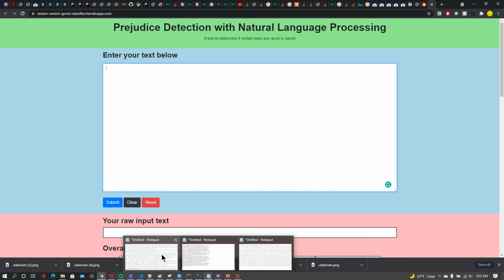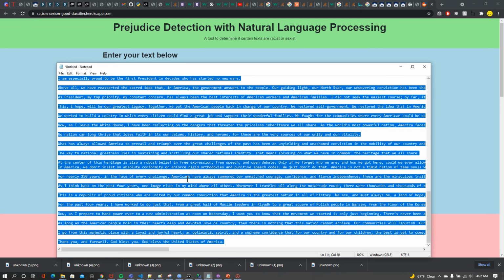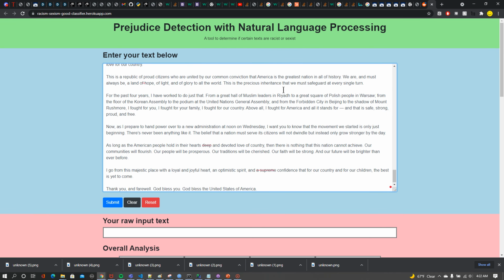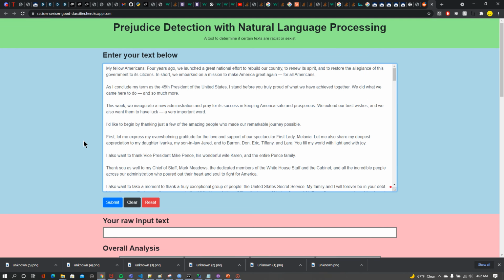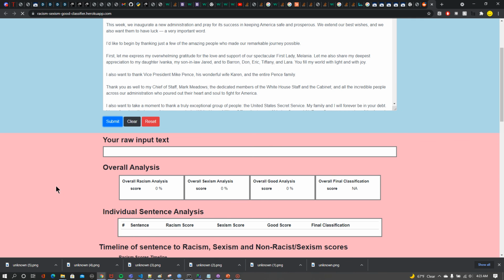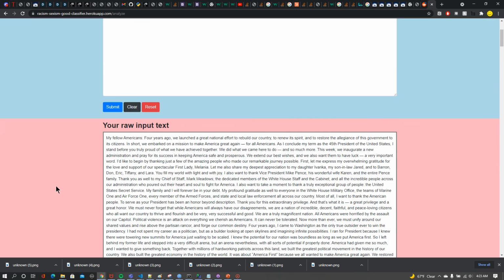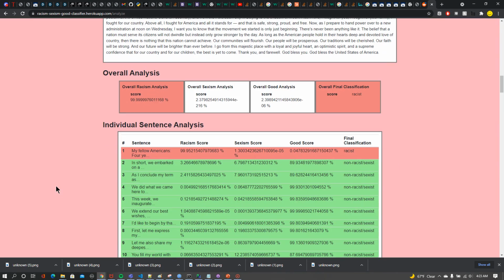Let's find our sample input and paste it in here. This sample input is former President Donald Trump's farewell speech, and we are submitting it as user input to see how racist or sexist his farewell speech is. It takes a while to run the model, but once we finally have it,